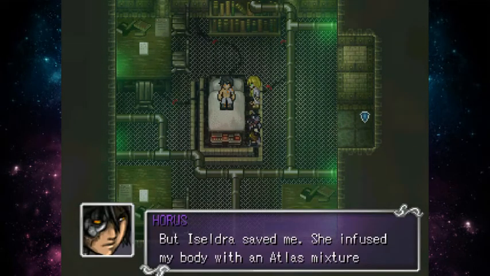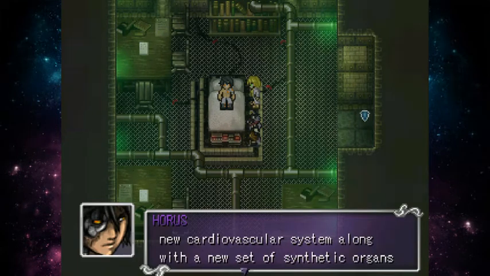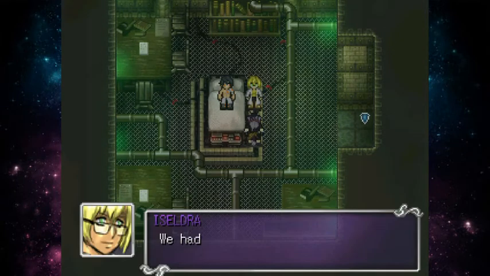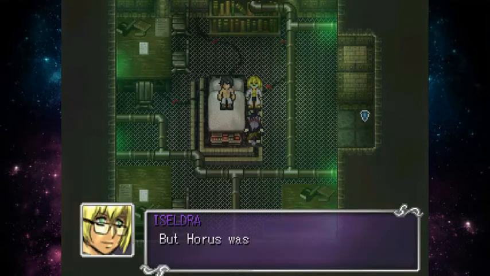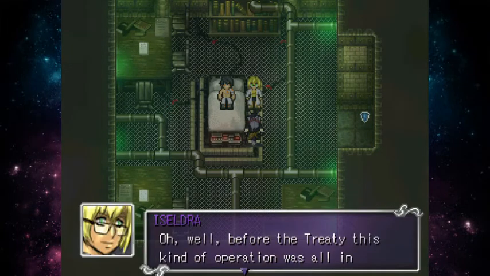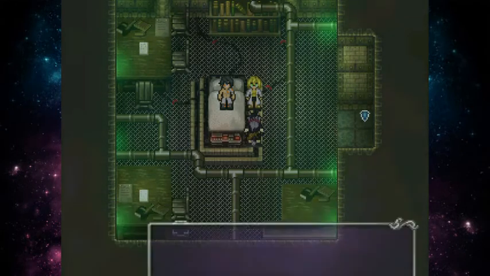But Zeldra saved me. She infused my body with an Atlas mixture and with little fragments of the new energy. Then she created a new cardiovascular system along with a new set of synthetic organs. And finally she substituted my old organs with the new ones, giving me a whole new body. We never tried to replicate human organs before. We were very lucky. Before the surgery, me and my team tested the whole system and we obtained a mere 20% of success. But Horus was too important for our empire. Seth was gone, and Chesterfield's retirement left us with a few eye vanguards. We had to try. We had nothing else to lose. And here we are. How did you manage to do that? Has science gone that far? Oh well, before the treaty, this kind of operation was all in a day's work, you know. But now we can't use that quantity of Atlas anymore, so...